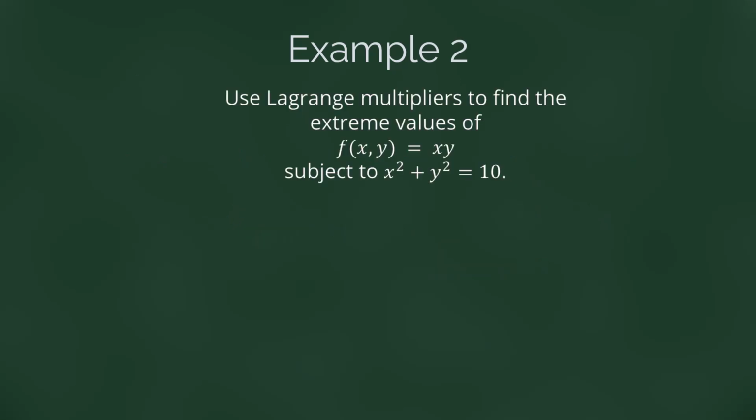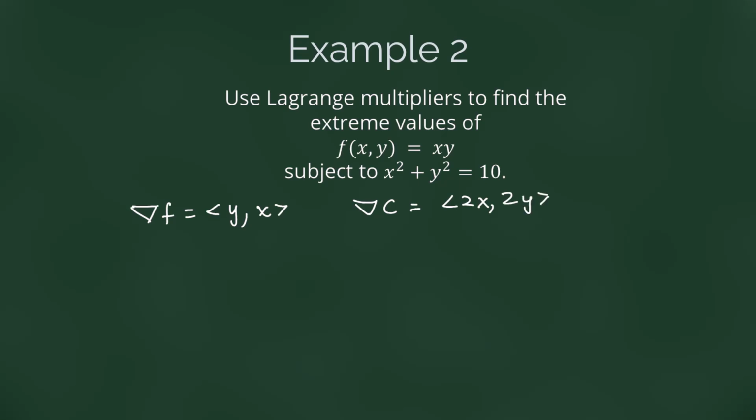All right, do the same thing here. So we're going to use Lagrange multipliers to find the extreme values of f of x, y equals xy, subject to x squared plus y squared equals 10. So let's look at the gradient of f. That is going to be y, x when we look at the partial derivatives, and the gradient of our constraint is going to be 2x,